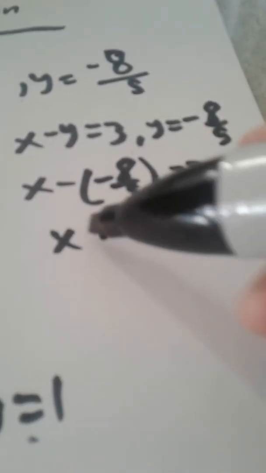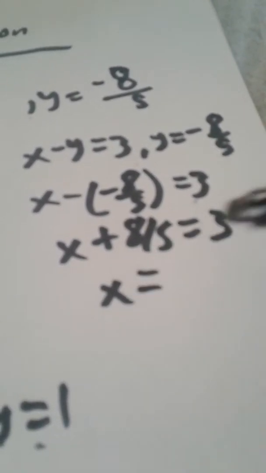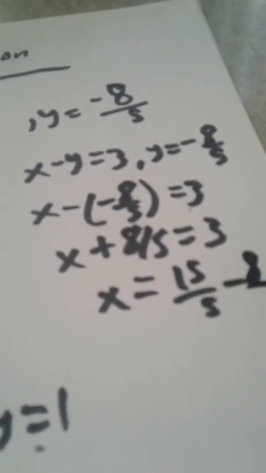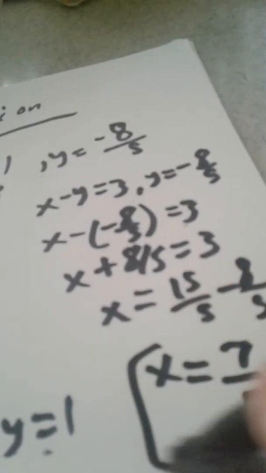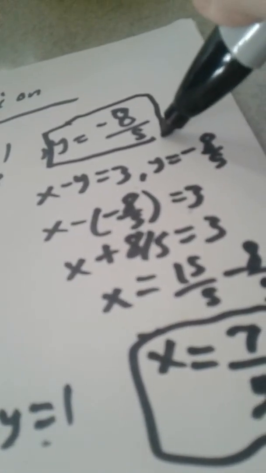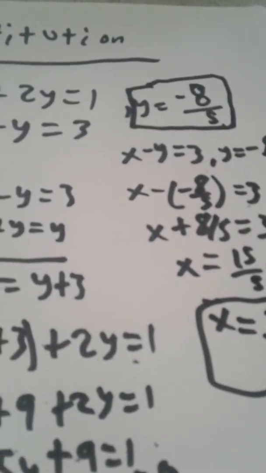So we get x minus a negative 8/5 equals 3. So x plus 8/5 equals 3. x equals 15/5 minus 8/5. So x is equal to 7/5. And y is equal to negative 8/5. And you have just solved x and y. In my next few videos, I'll be showing you other